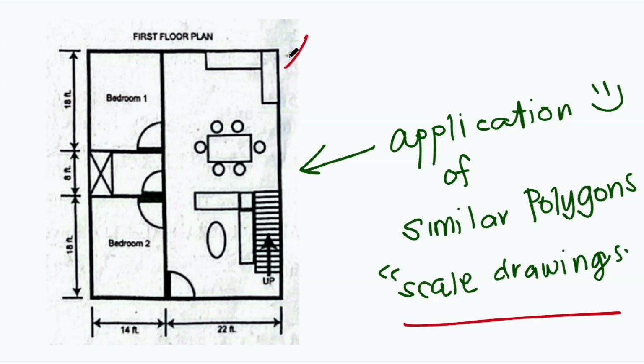Of course, this is just small. But in real life, our house is not that big, right? So what they do is scale it. They enlarge the measurements of this floor plan that we have here. So that is the importance of our topic for today: to scale the measurements of the things or polygons that we have here. So, we move on to the second example.